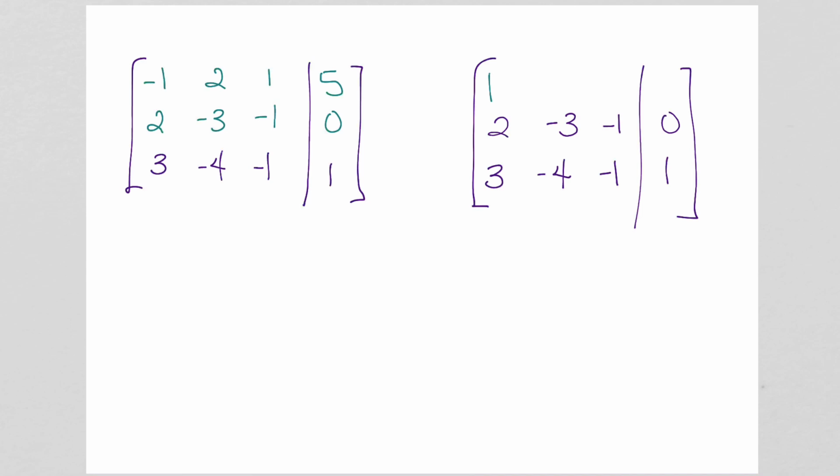Then we'll just multiply by a negative 1. So row 1 is negative row 1. We're just changing the signs of everything. Okay. Next step,